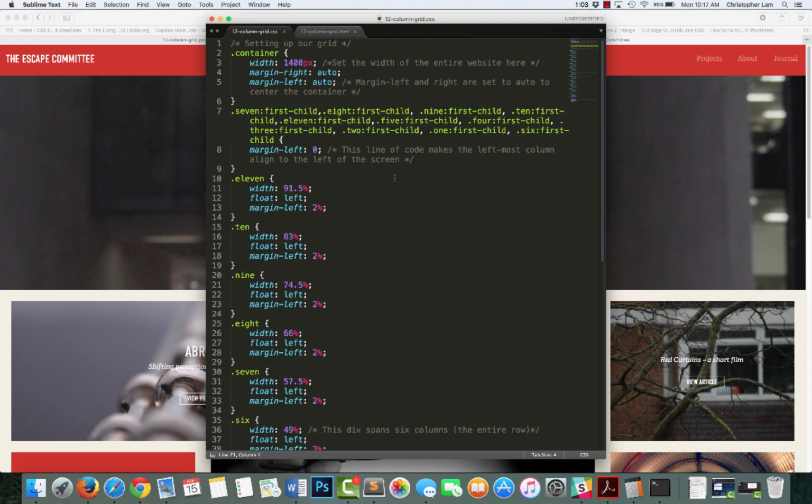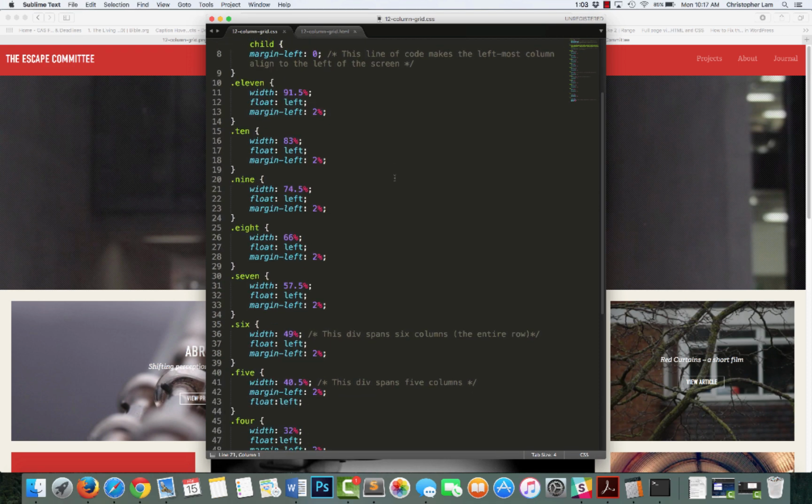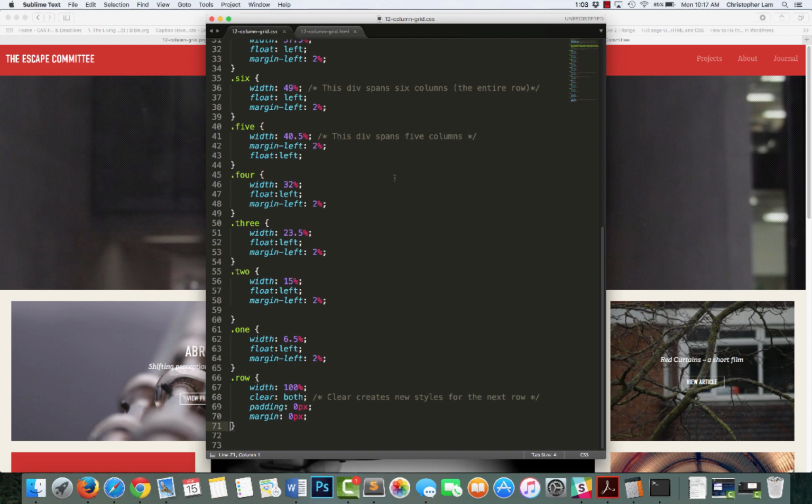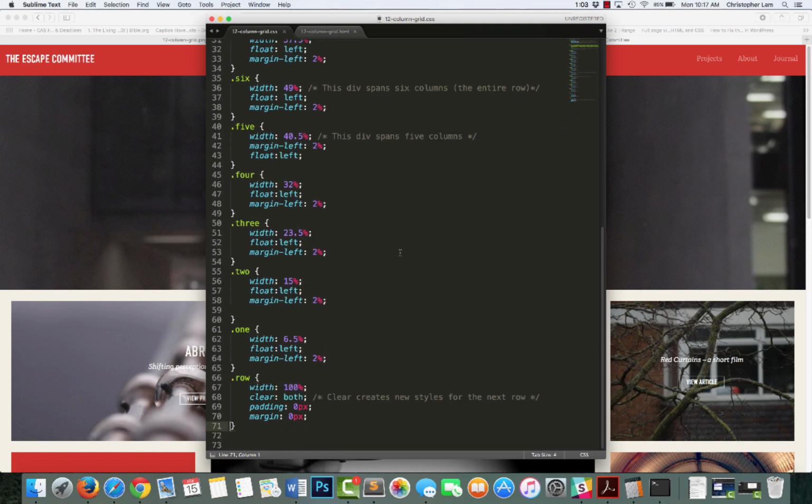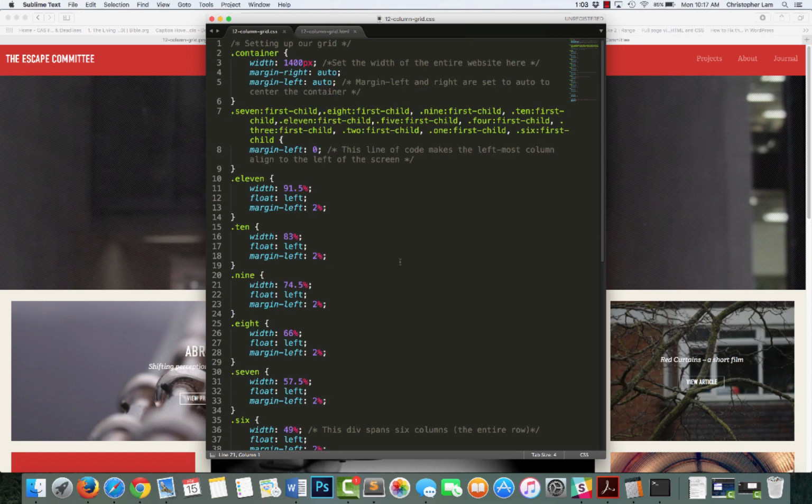But basically what I've done is I've set up my own 12 column grid in CSS. So if you're interested in implementing this grid, it's fairly easy to use, as I'll demonstrate. You can just literally copy and paste this entire bit of CSS into the beginning or the end of your CSS file, and the grid will be ready to roll. So let me quickly walk through